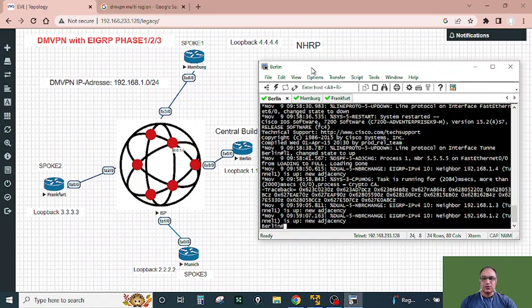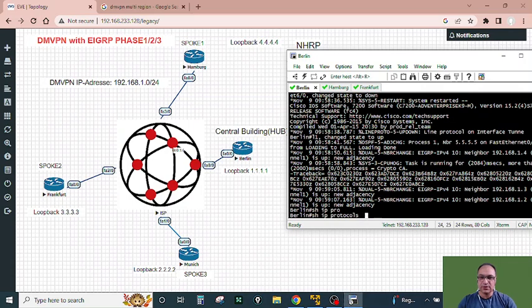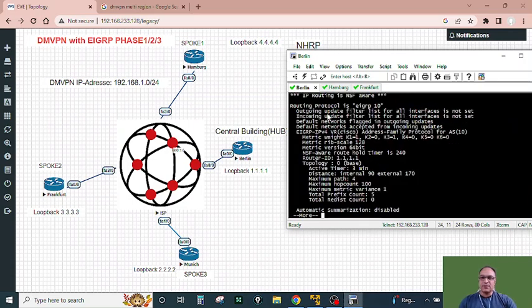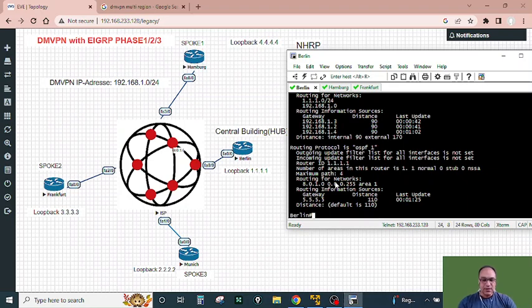So let's start. First of all, I run show ip protocol, just to remember that for the DMVPN we had EIGRP. It is EIGRP named mode because we have K6. The name is Cisco, and the AS number is 10. We also have OSPF, which is for the connection between these routers. We don't care about that. Okay, so now I write show ip route